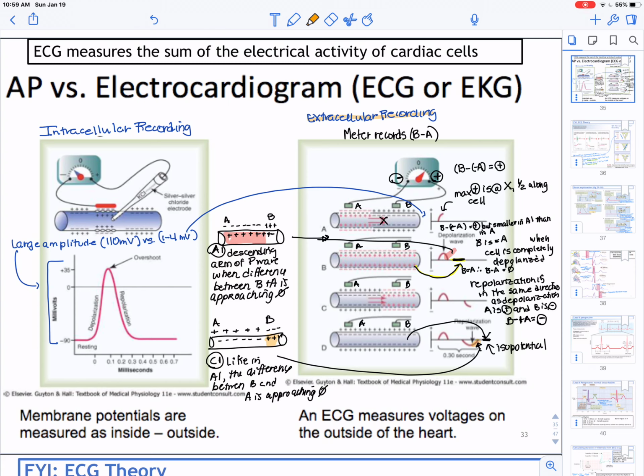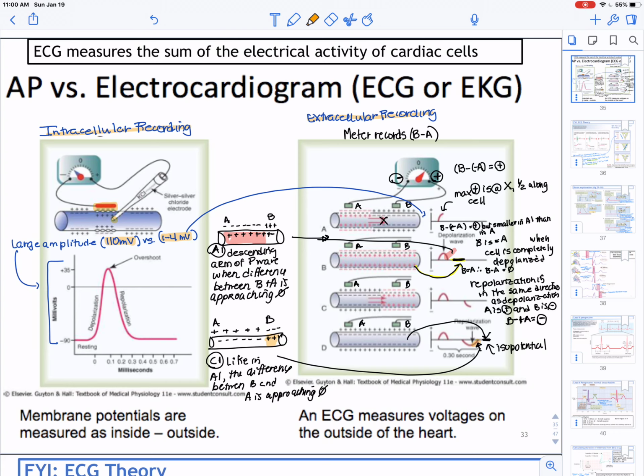going to be smaller than if we're looking at the intracellular recording perspective with one electrode on the inside of the cell and measuring the difference in charge between that place and on the outside of the cell. So 110 millivolts amplitude in an action potential, and then the action potential wave of many cells, like the P wave, atrial cells, would be much smaller, and it really depends on which lead you're looking at and